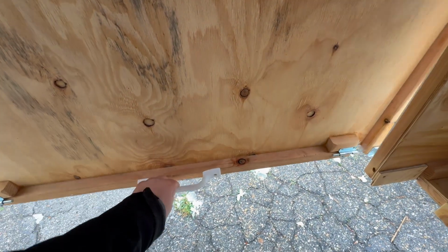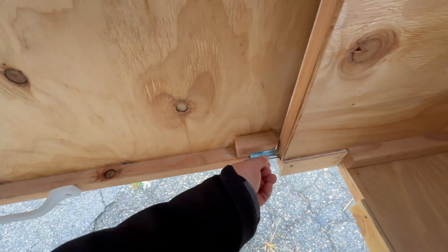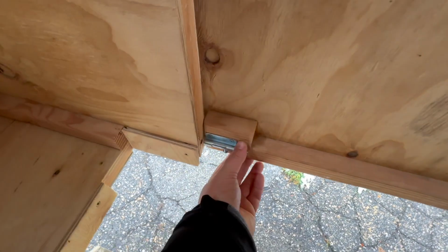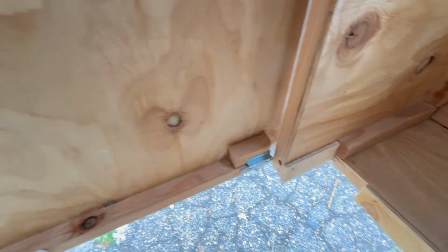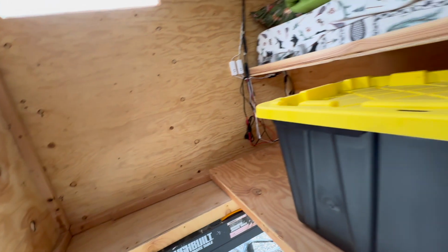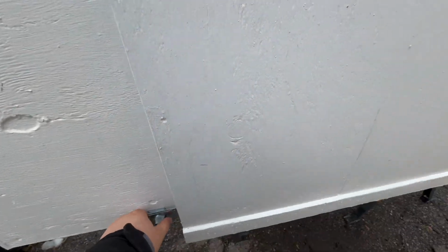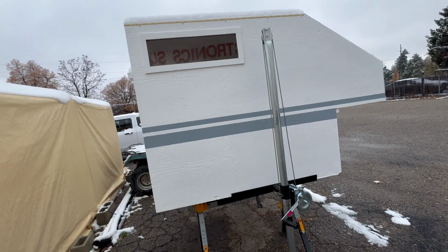So when you get in the camper, you can just pull this handle in, and then you can slide these locks into place on both sides, and that locks the door in place while you're inside. That's the best solution I was able to come up with for the time being, but yeah, I've been super happy with this camper. It has been very fun, and the best part about it,